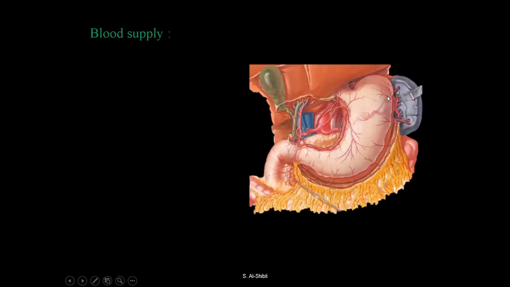Okay, blood supply is so rich. It takes from